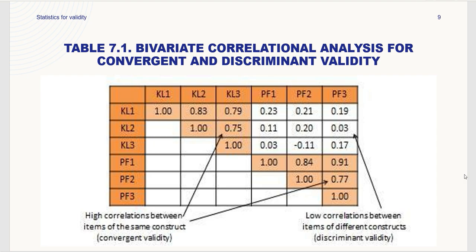PF2 के साथ हाई कोरिलेशन है, PF3 के साथ हाई कोरिलेशन है 0.91 के साथ, और PF3 का PF2 के साथ 0.77 की वैल्यू के साथ हाई कोरिलेशन है। तो ये इंडिकेट कर रहे हैं कि इन सब फैक्टर्स का आपस में बहुत ज़्यादा हाई कोरिलेशन मौजूद है। तो ये कन्वर्जेंट वैलिडिटी ऑफ द स्टडी को इंडिकेट कर रहे हैं।